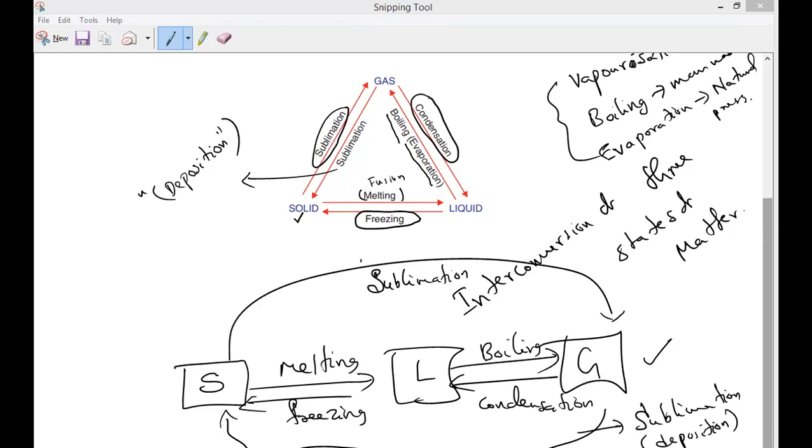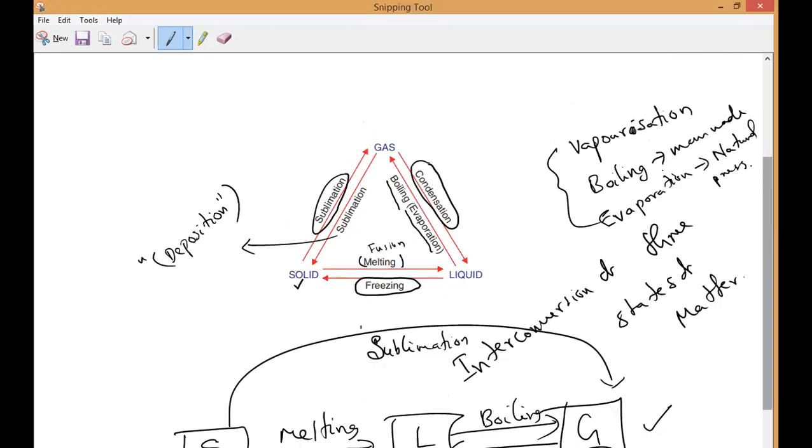After that, we'll study the natural process of converting liquid to gas. What is that process called, guys? I told you just now, the natural process: evaporation. Liquid to gas is what we call evaporation. We'll study the difference between evaporation and boiling, and later the effects of evaporation, how we can increase or decrease evaporation. Once that is over, this chapter is almost completed.